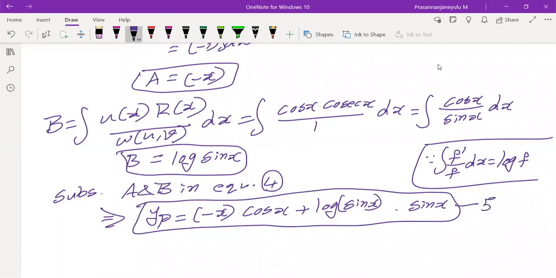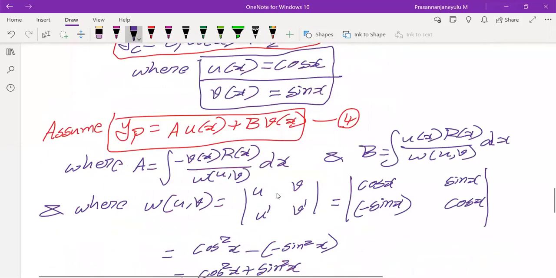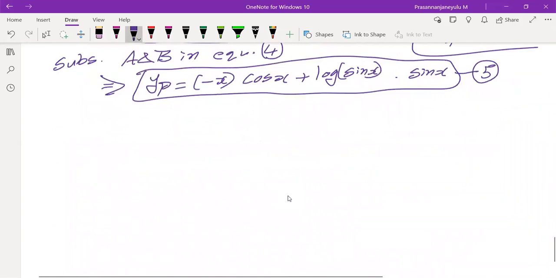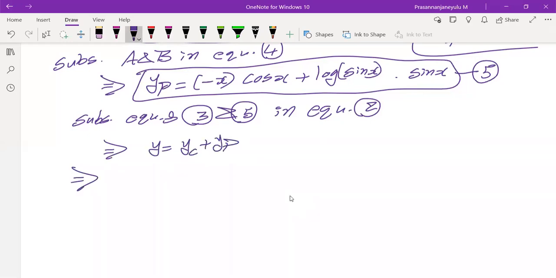Taking this as equation number 5. What we finally got: yc is in equation number 3, yp is in equation number 5. So substitute equations 3 and 5 in equation number 2, as usual, like our previous cases. What is equation 2? y equals yc plus yp. That implies y equals yc. What is yc? c1 into cos x plus c2 into sin x